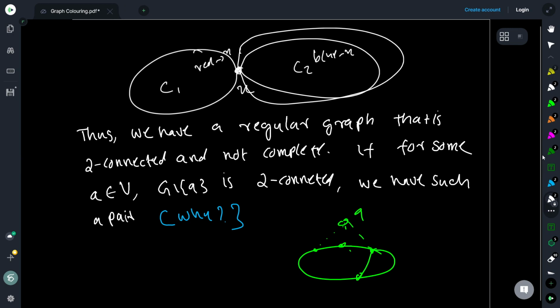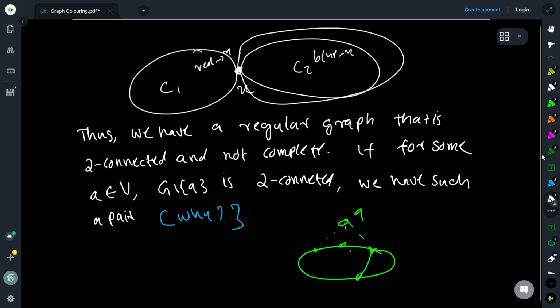But we already know that if I take a coloring and just rename or permute the colors, like basically all the red vertices I now call blue vertices, and all the blue vertices I call red vertices, this is still a good coloring. So I take each of these components with x, look at the coloring, and I can rename the color classes so that x is always colored with the same color.